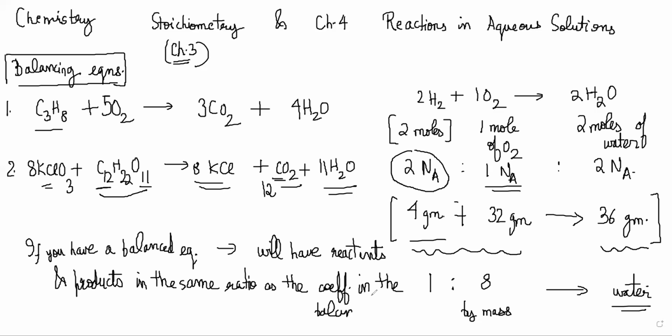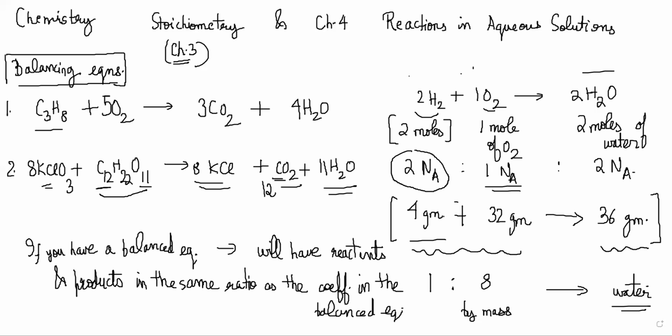So that we know already, that when I'm writing this 2H2 plus 1O2, I mean that two molecules and one molecule give two molecules, right? So it has to be in that fixed ratio. Reactions cannot happen in arbitrary ratios. They will not randomly combine, right? Yes. So that gives us a very easy way to find out how much of something will react with another compound, right? Because if you know the chemical equation, then you know the exact ratio in which things should combine, right? So you will be able to predict, given a certain amount of one reactant, how much of the second reactant is necessary to make the reaction happen.